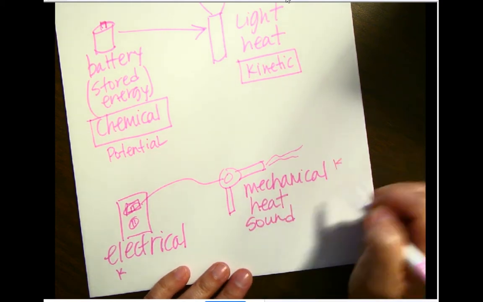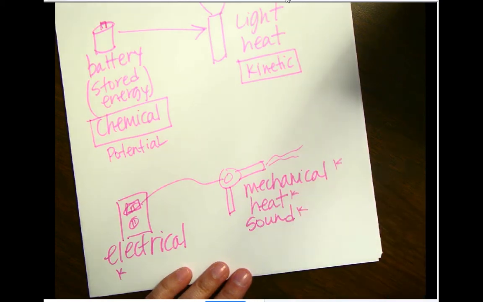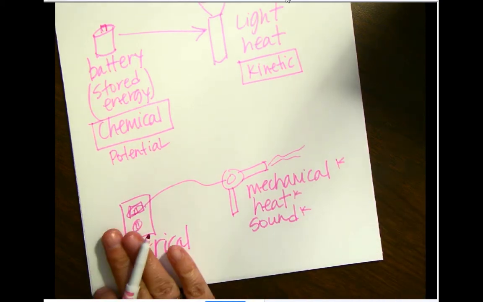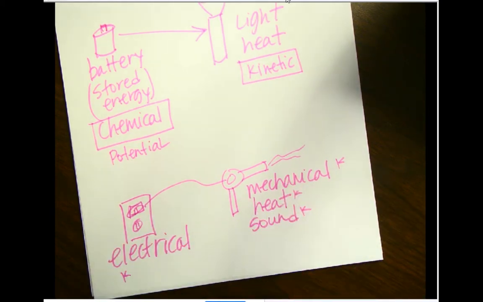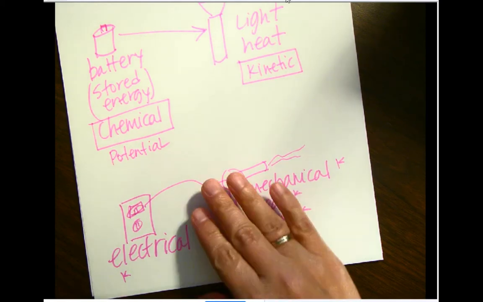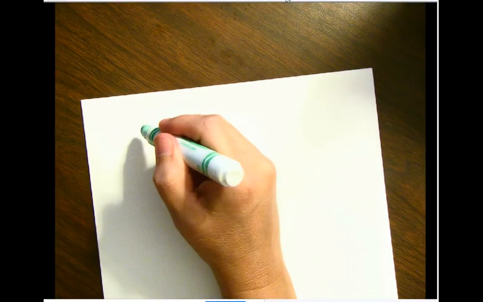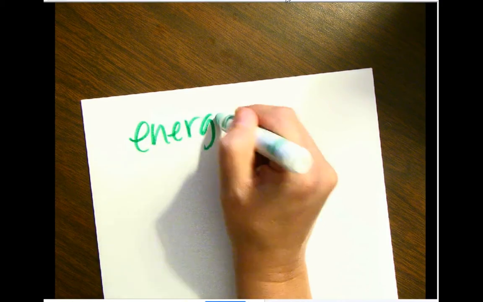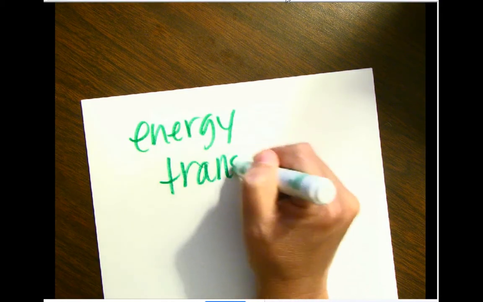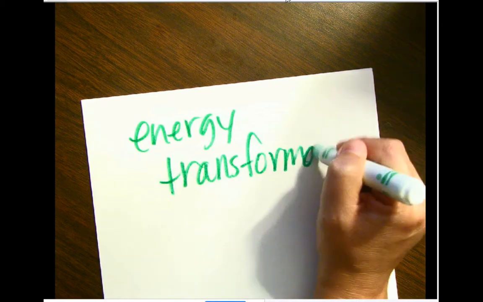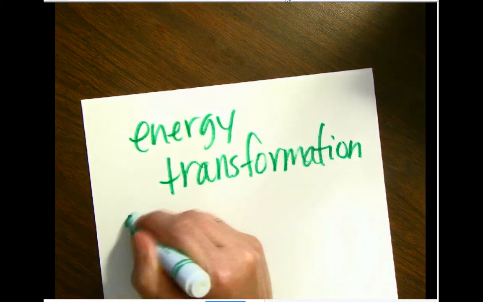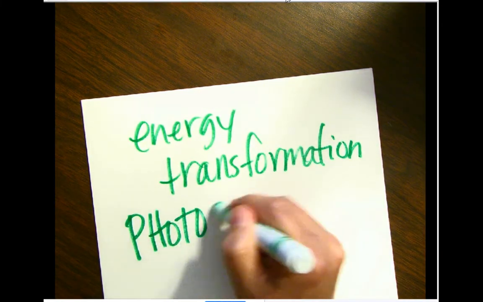Okay, these are all kinetic energies. So I'm just showing you energy gets transformed into another type of energy. Energy doesn't get created or destroyed, it just gets changed. So it's the same thing with photosynthesis. The energy transformation here for photosynthesis